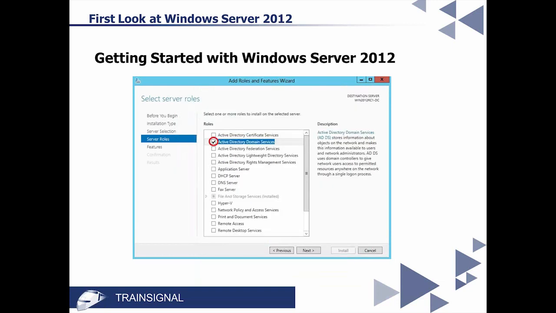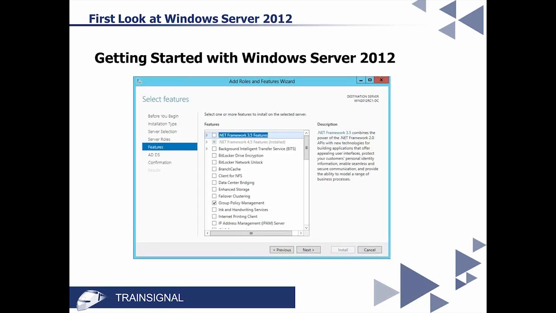So if we come back here, go ahead and click on Next. Here is where it shows you some of these features that it's going to automatically check those boxes for you. Okay, so you can see group policy management is already checked. If this was a live operating system, I would scroll down and show you the RSAT tools as well. Go ahead and click Next.